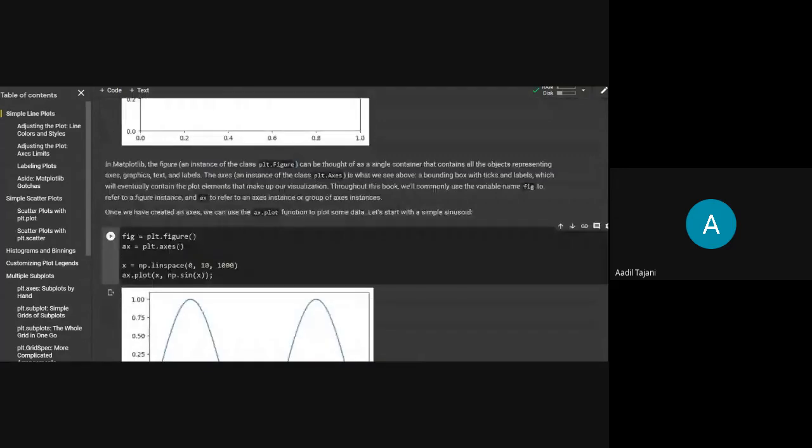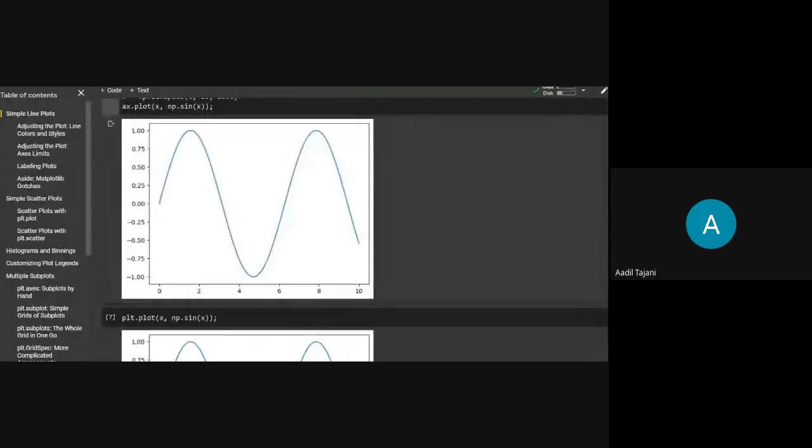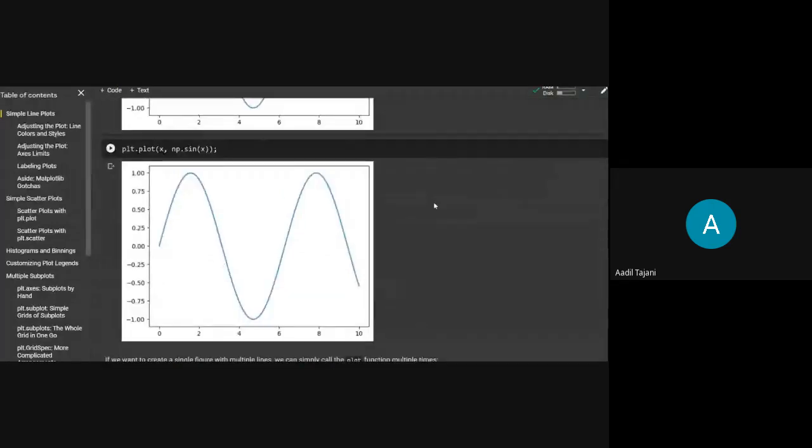If you want to make any further changes, you refer to this variable ax and then make the changes to that plot. But if I'm just doing some regular visualization for my purpose, I just want to plot a simple plot.